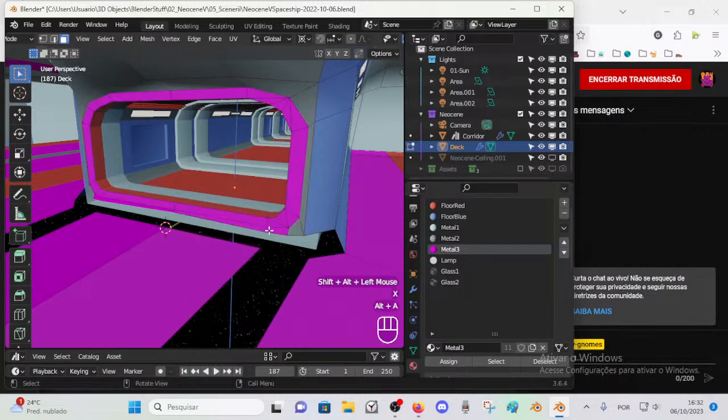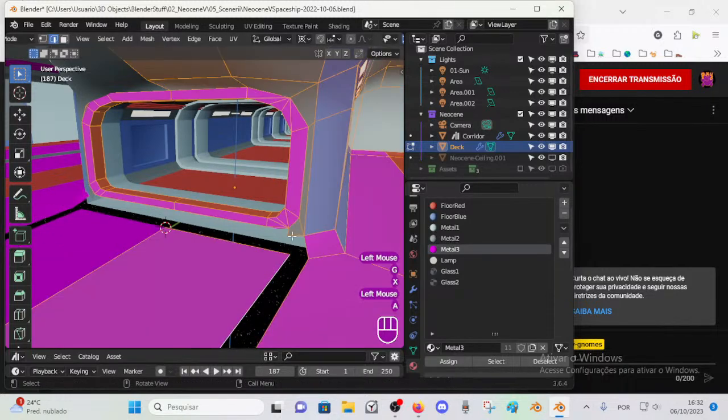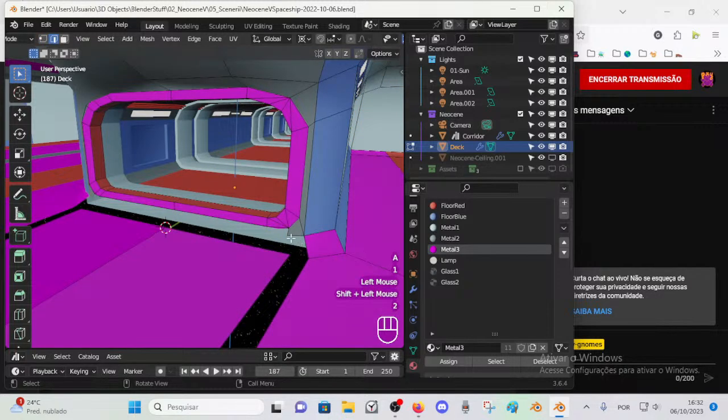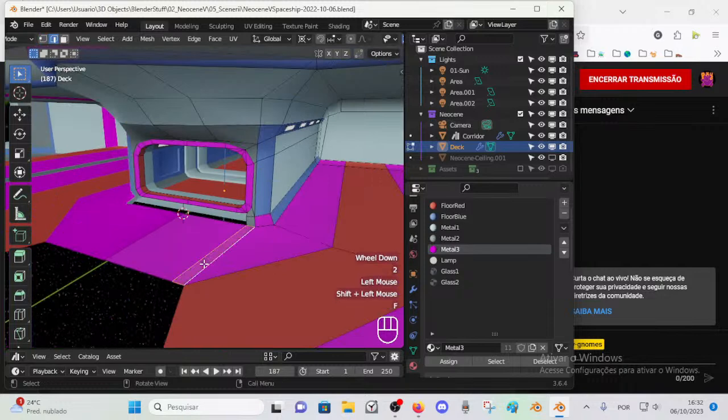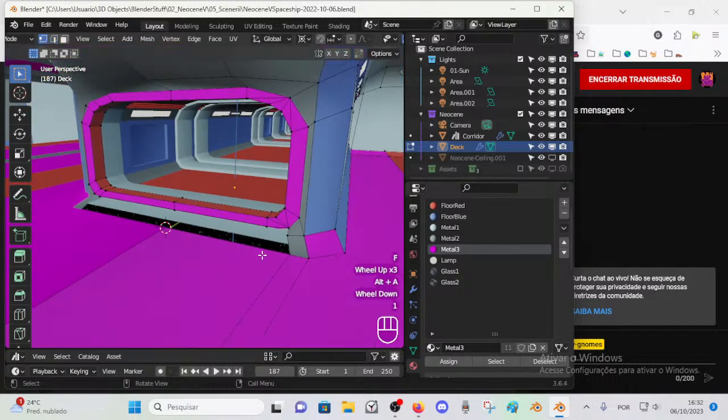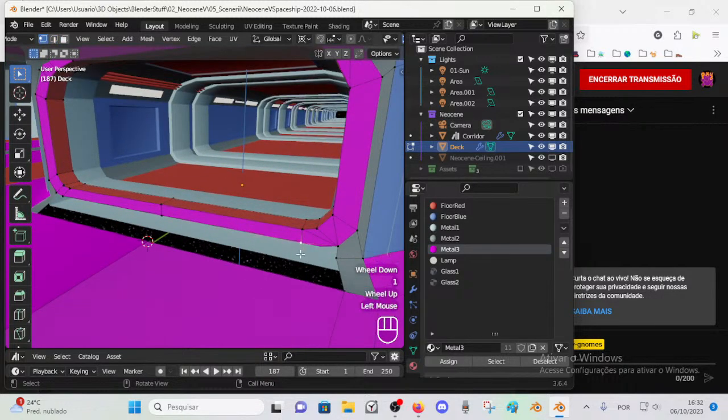Let's delete these faces. Okay, we can start from this starting condition, right? It's plausible. Then